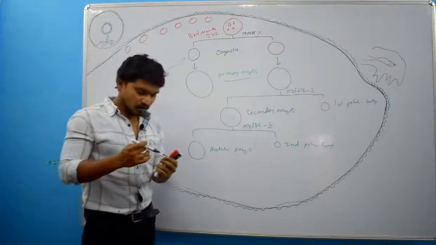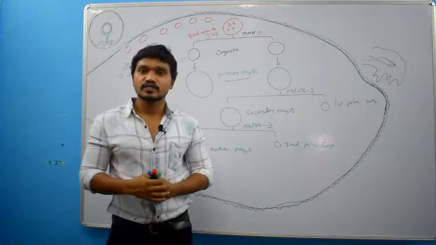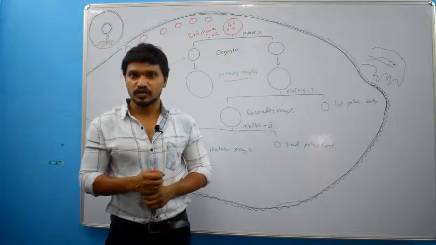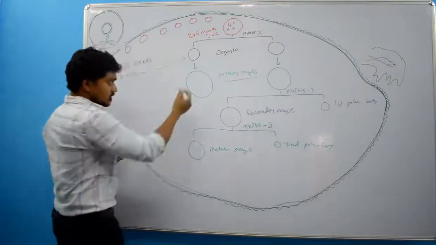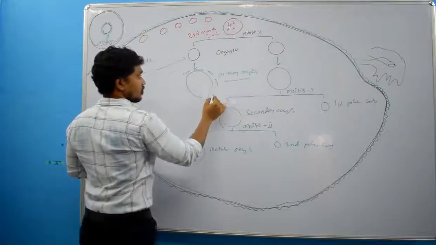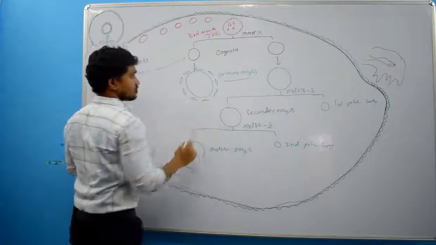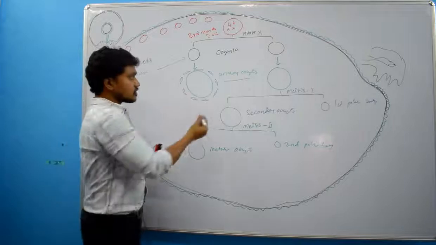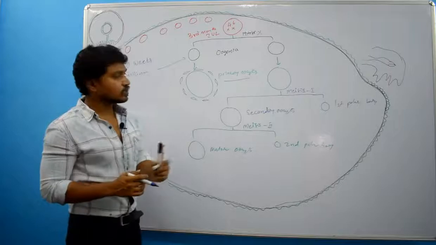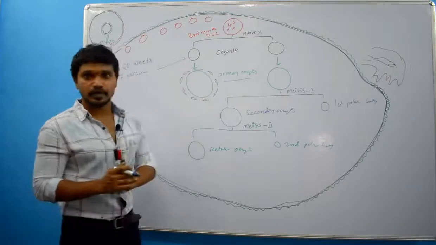Right? And we have discussed once, whenever there is an increase in the size of the cell, that cell will have difficulty getting sufficient nutrition. That's why these cells are surrounded by follicular cells when they enlarge their size. So these follicular cells will give nutrition to this primary oocyte. Clear? So now the primary oocyte has been formed from the oogonia.